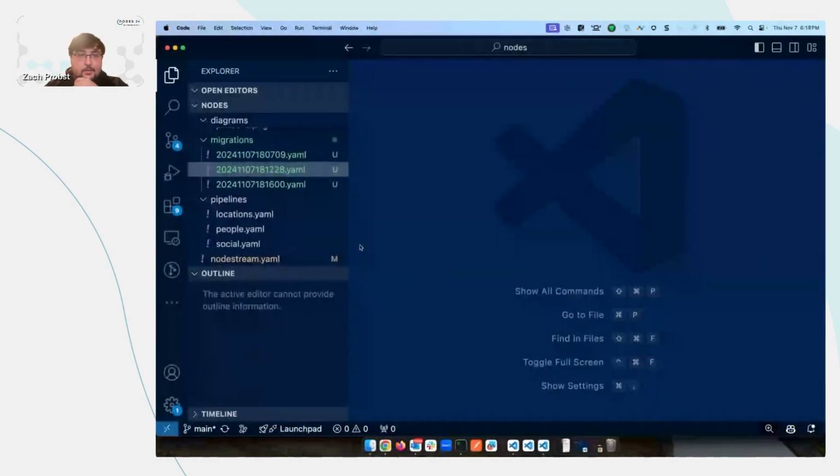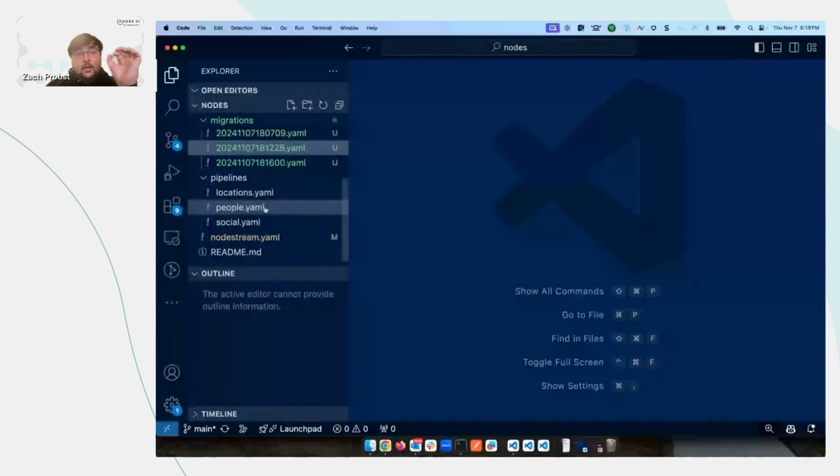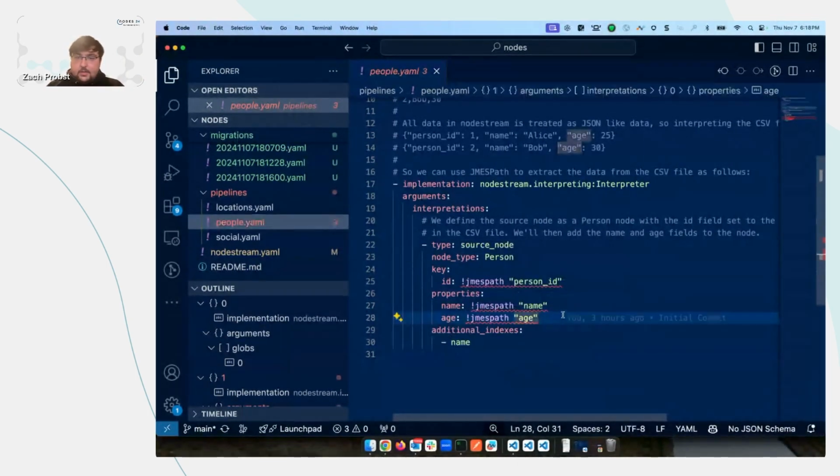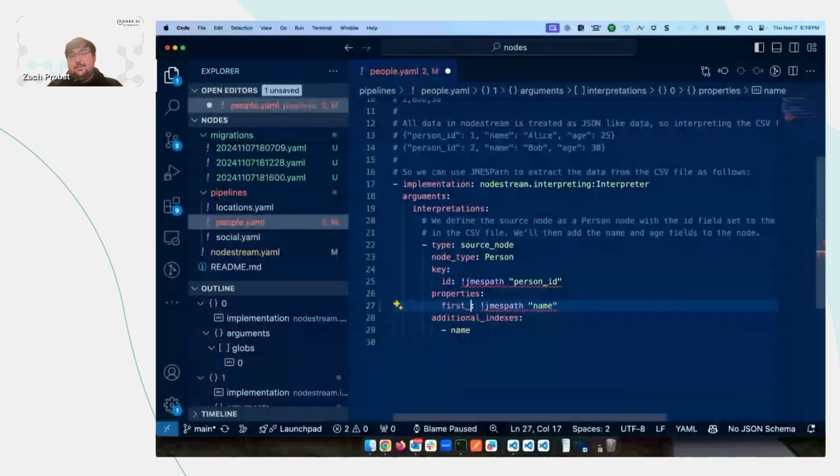So I'll pop back into VS Code. Those particular fields belong in this people pipeline. So I will go ahead and open that up. And making changes to the schema like this is actually really quite simple. We said we don't want age anymore, so I'll just go ahead and get rid of that line entirely. And now for this name field, let's go ahead and rename it to first name. Now, we also said to index that old name field, so let's go ahead and also change that